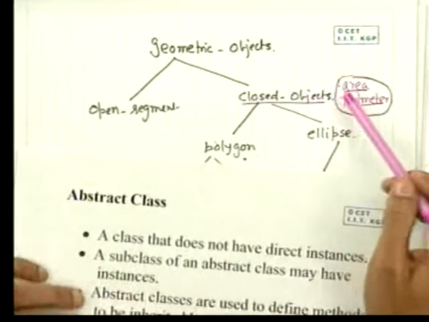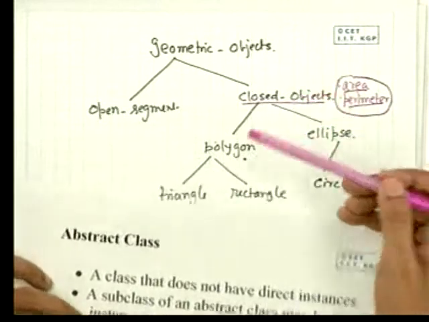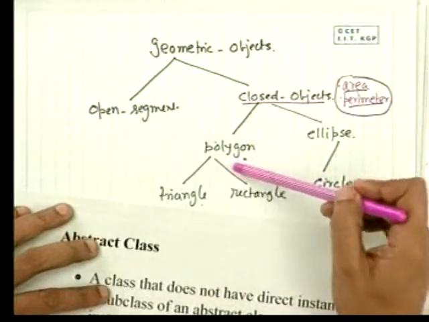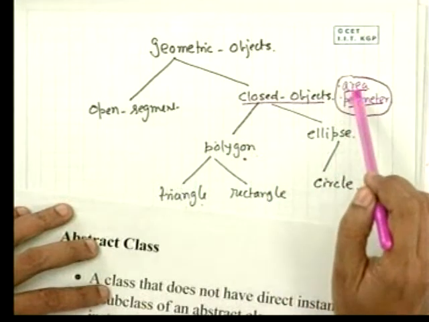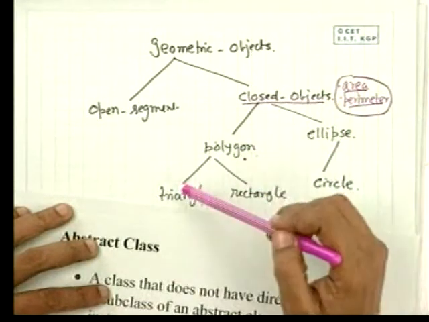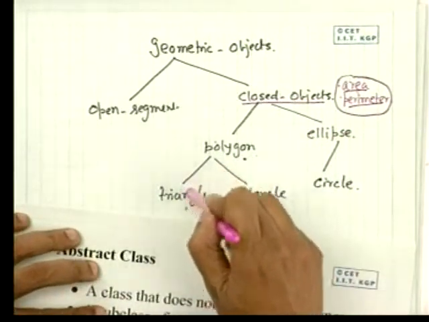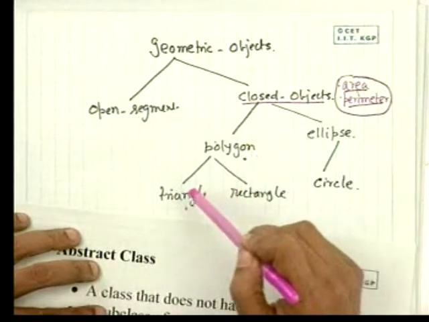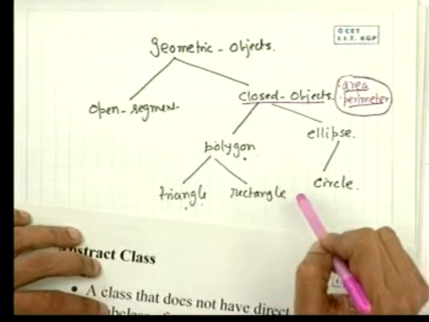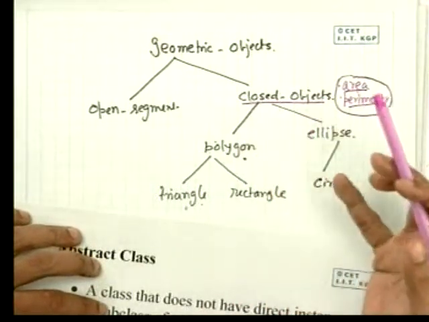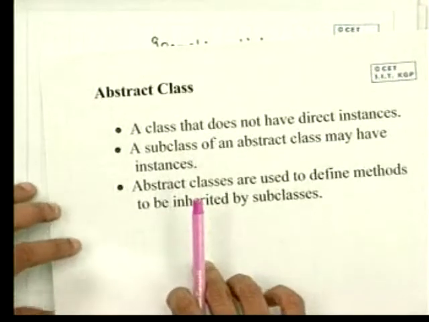So, basically we can define a method area or a parameter in a closed object and then specialize it in its own subclasses, so that we can have a different method, that is, the same name area will be used for computing the area of a triangle or a rectangle. However, the methodology or the exact code that will be followed will differ depending upon whether we are using a triangle or a rectangle. To illustrate this one,